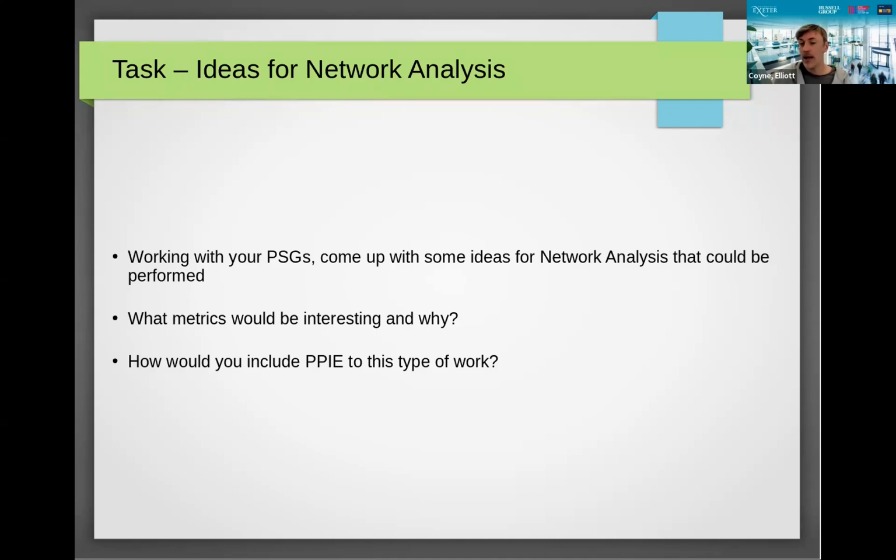What metrics could you think of would potentially be interesting, or what would you hope to uncover from performing that type of analysis? And if it is something that you're thinking for your work or your project, or as I say, maybe not a project, but something that could be done within the area that you work in, how you would involve the public patient engagement, if it's health services, because it's obviously very, very important. And I do fear from hearing some of the conversations that maybe not everyone sees how it's totally applicable. And it really, really does have to be a core element for any type of project that goes forward in